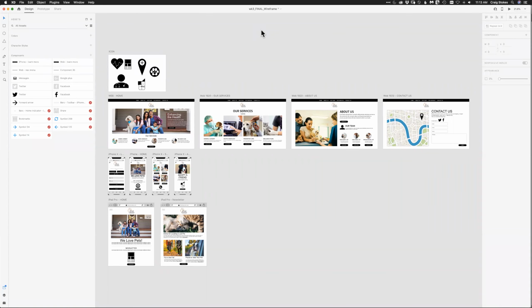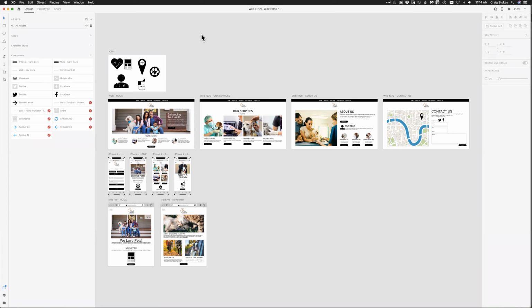Okay, now we are going to use our assets panel, and this time the next step is we're going to create color. So how do you keep color consistent throughout the project? Well, it's the assets panel. That's the solution. This is also very easy, very simple, just like it was when we were creating those symbols